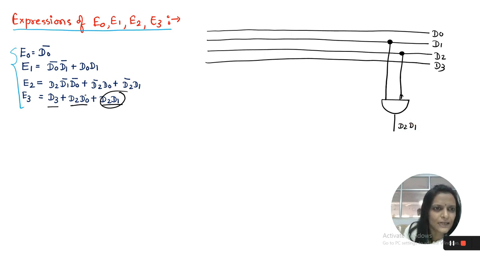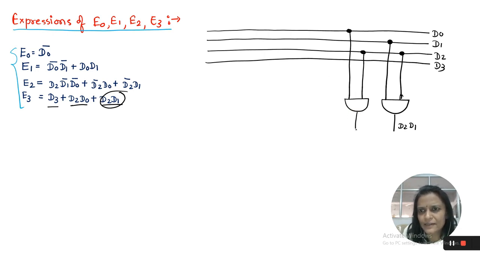Now the second term, D2 D0. I will take one line from D2 and one from D0, and again combine them using an AND gate. See, here I am getting D2 D0. And the third term is D3, so I will take one line from D3.